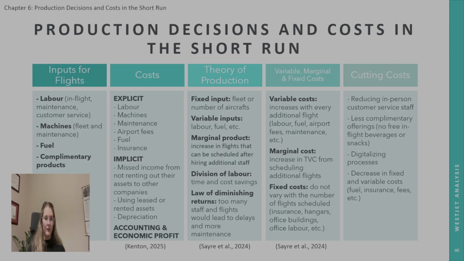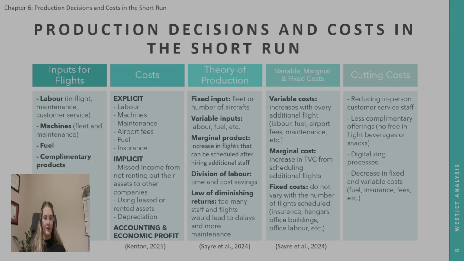They have also leased aircraft in the past, and with this, they have lost out on the resale value if they're just paying the fees and the maintenance, but have nothing to show for it at the end of that term. Depreciation is an example of implicit cost as well, as this is recorded, but there's no official outflow of cash, and it just reduces their future resale value. WestJet reviews and records the accounting profit, but they would also use economic profit for decision making since this is such a large company.